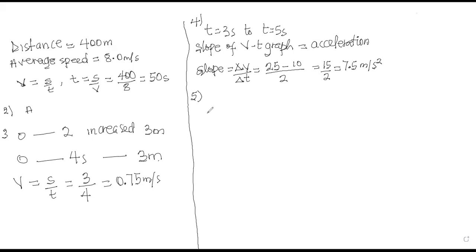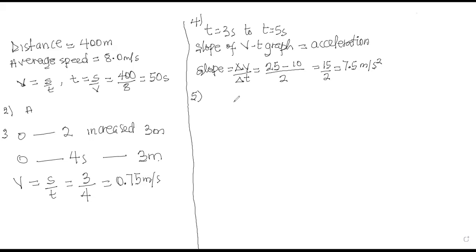Emelda. Sir, please, why do you use 25 and 10? Okay, so Emelda, look at the third time interval. We are to find the acceleration between the time interval t is equal to 3 seconds and t is equal to 5. So look at the interval from the graph. Trace the time t is equal to 3 to the graph, and it will be on 10 seconds. Then trace the time t is equal to 5 to the graph, and it will also be on 25